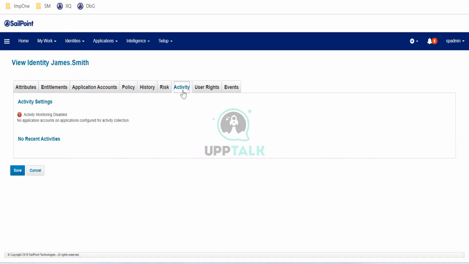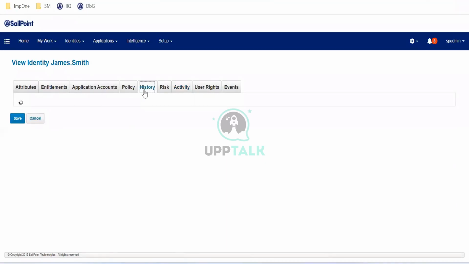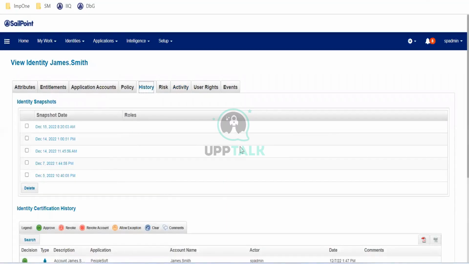Monitoring is disabled. No application. This activity is related to the activity data source. In the application, you have told, right. If you have enabled the activity data source, there will be some logs printed based on that. You can monitor in a real-time scenario. I have never seen it, but that's the purpose. If some kind of activity is going to happen, it's related to that. Was there in history? Let's check history. It will be there. Each and everything, it will turn up.